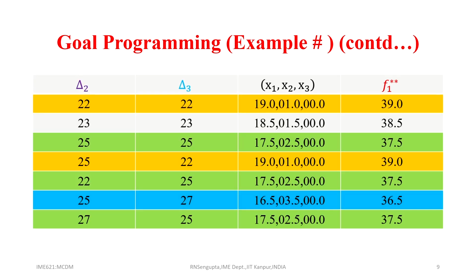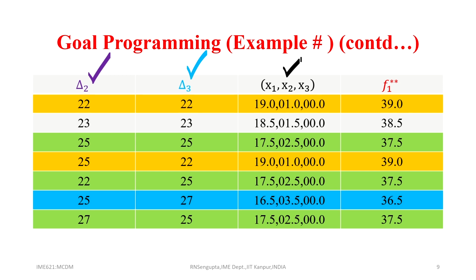The problem solution, depending on which I told, delta 2, delta 3 are the values which are to be subtracted from F2 star and F3 star in order to have a feasible solution. Delta 2, delta 3 are given in column 1 where I put a violet tick mark, in column 2 where I put a blue tick mark. The corresponding x vector, which is x1, x2, x3, is given